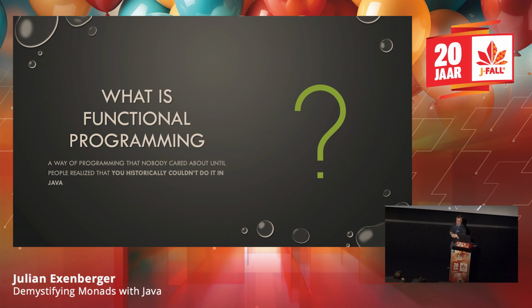Okay, so what is functional programming? In about the mid-2000s, there was a rise of new programming paradigms, languages like Ruby, and at the time also the LINQ framework in C# was coming out. And people realized, hey, all these languages have got these cool new features, and you can't do it in Java. And suddenly, because of that, functional programming became a thing. And of course, everybody at the time, once again, declared Java dead. And that was about 17 years ago now. Jokes aside,